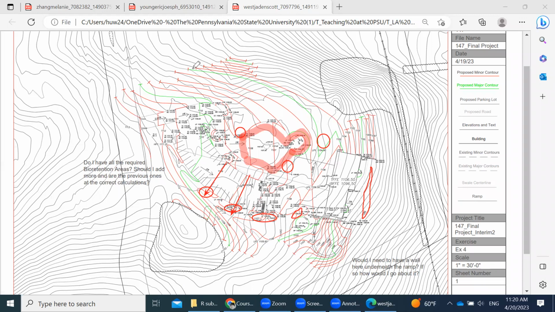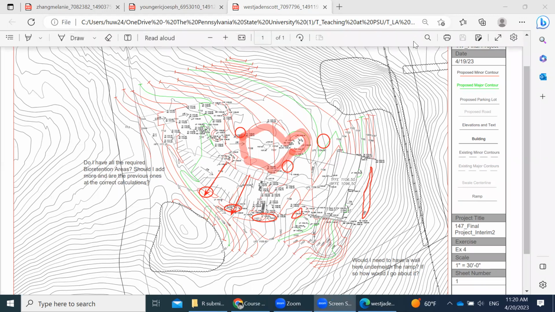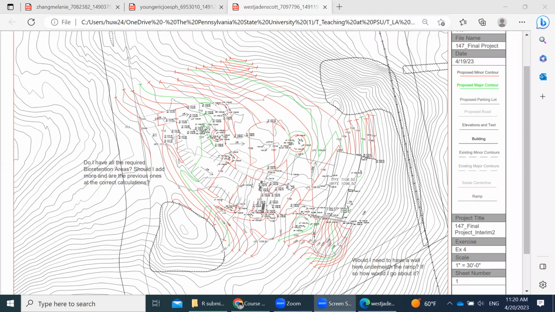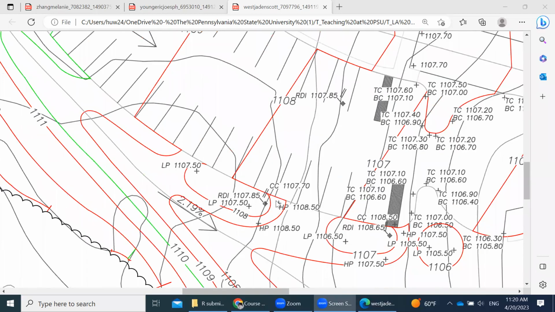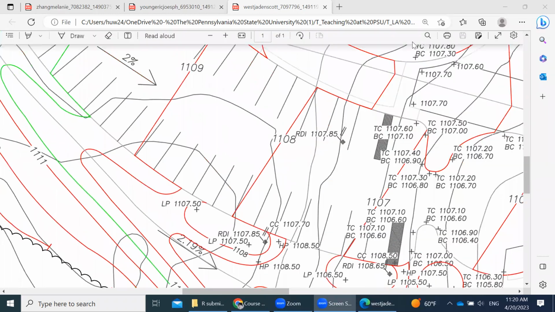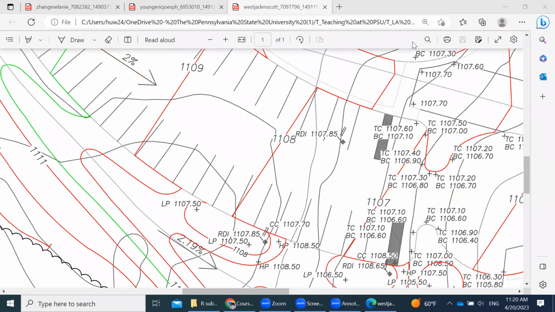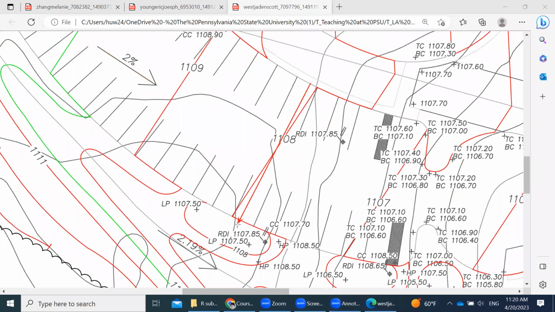I'm going to zoom into this area and show you how to do one of them. If you have a 1107.70, that's probably very close to what you have. So if I have a trench drain over here, perpendicular to my curve, because that makes it look a little better,